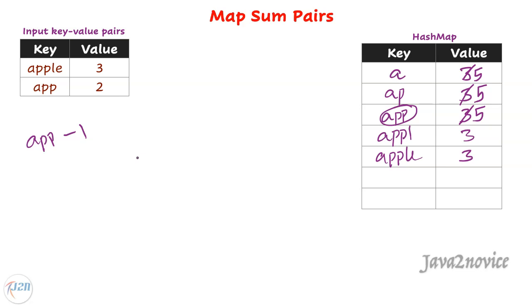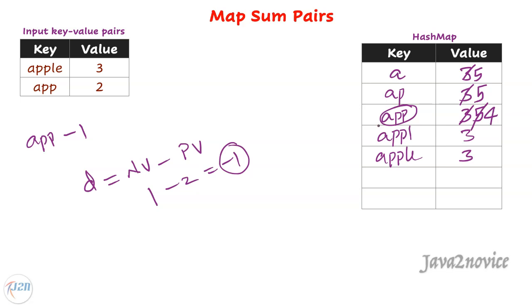In order to retain original key value pairs, we will maintain two hash maps. One for original key value pairs and another one for maintaining prefixes. For the time being, assume that this is a hash map to retain original key value pairs. Now coming back to delta, the formula is delta D equals new value minus previous value, which is the old value. In our case, the new value is 1 and the old value is 2. Delta is minus 1. We will use this delta to update the prefix here. 5 minus 1, which is 4.